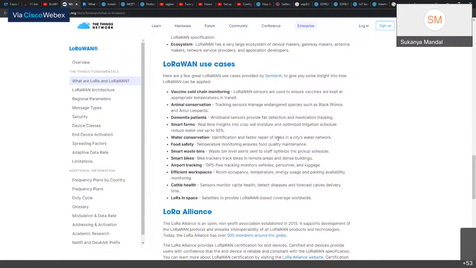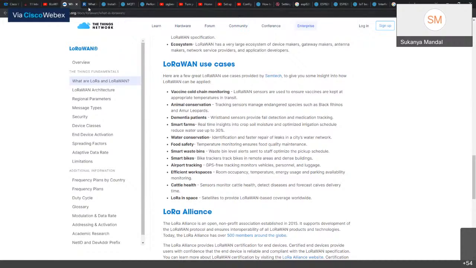The idea is to provide internet through satellites worldwide. Even though we are doing this session online, a majority portion of our country, and not just ours, African countries and many others, are not connected right now. So in order to have a completely connected world, it is essential to have that network availability as well.